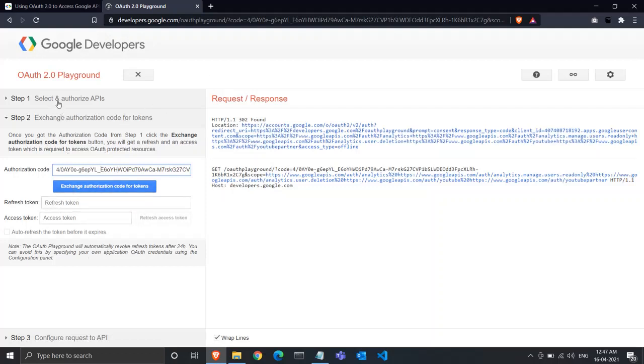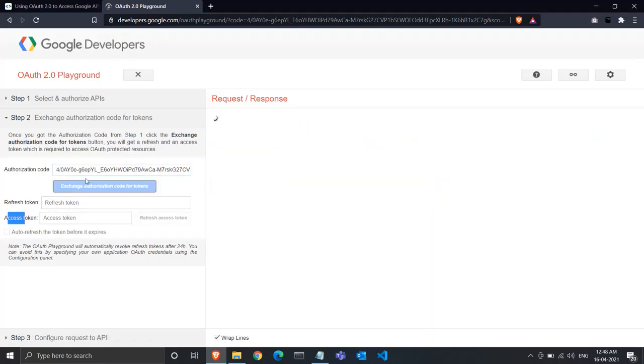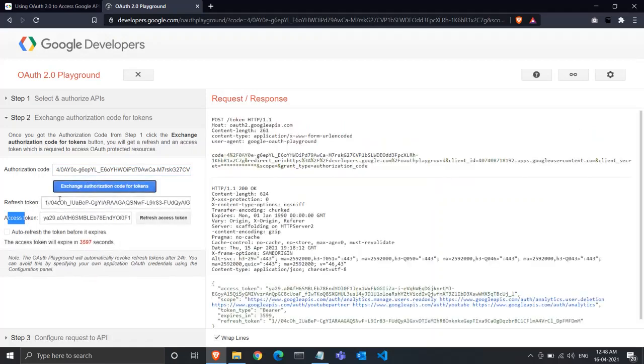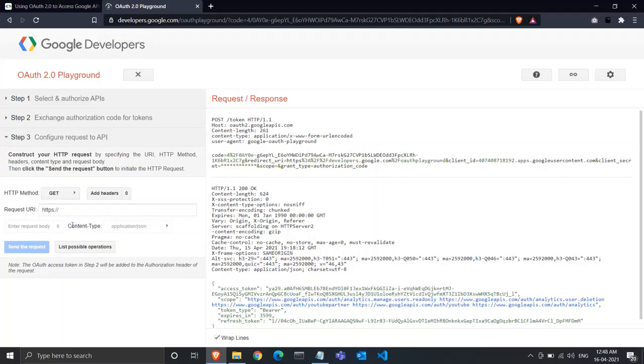So once we define the scope, we will get the authorization code, and after we select the scope, we need to give the user consent like I just did in the previous step, and I'll get the authorization code. So I'll exchange this authorization code for a refresh token and an access token. So you just have to click it, and I have got my refresh token and an access token.